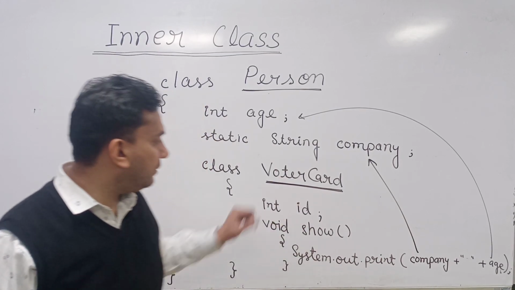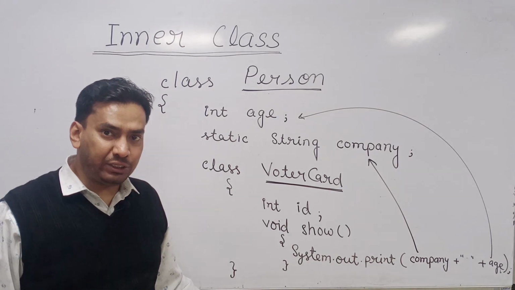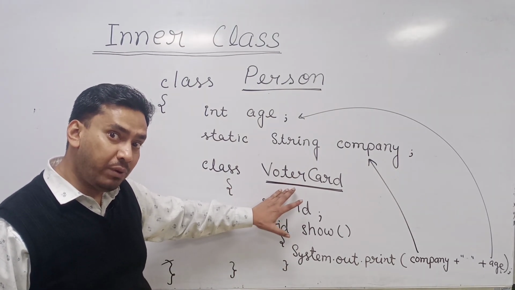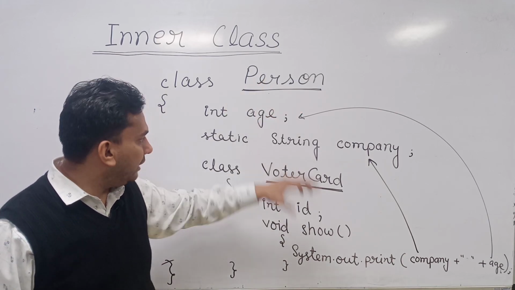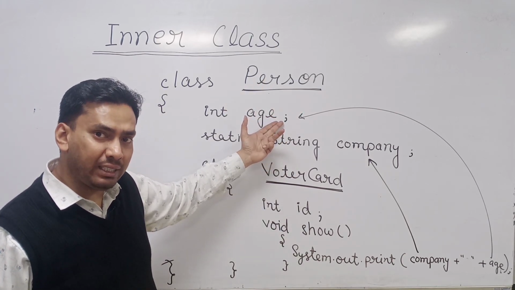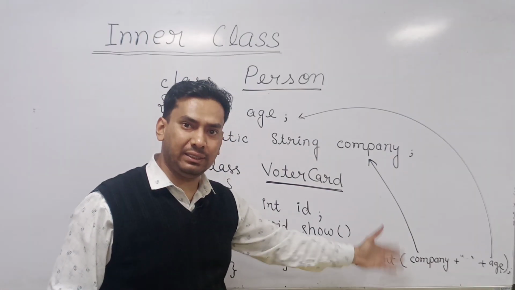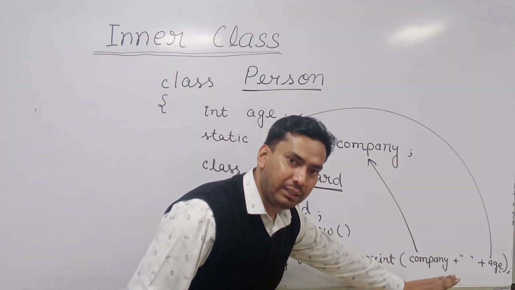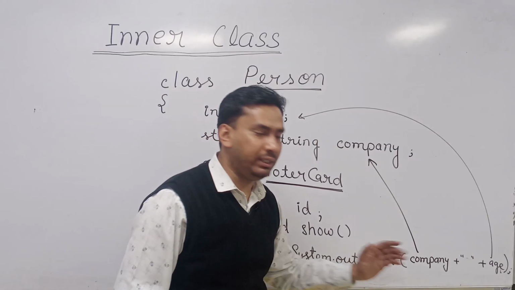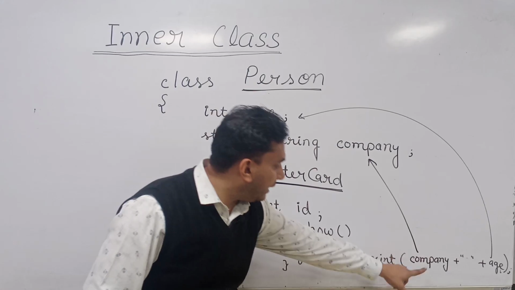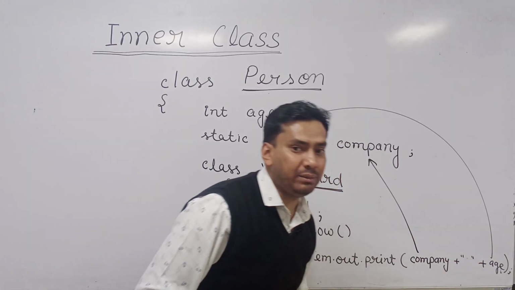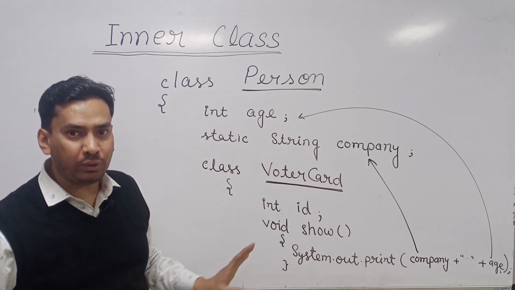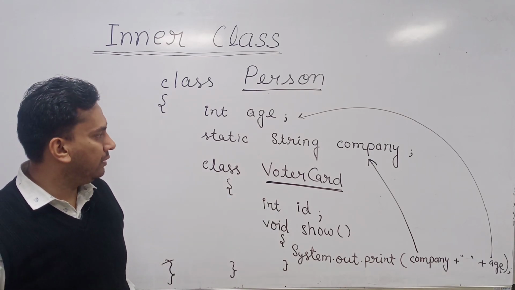Na? That's why. But here it is already ensured that the object of inner class is created. It means object of outer class is already created. So definitely this instance variable is already existing. So you can directly access it. So this is the second difference, you can say, where the non-static nested class or inner class can access the static member as well as non-static members of outer class directly without creating the object.